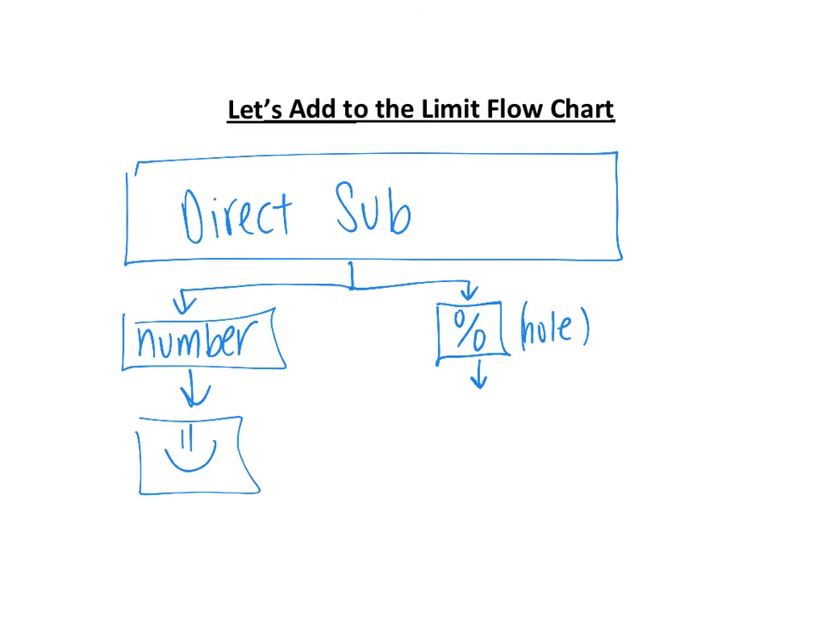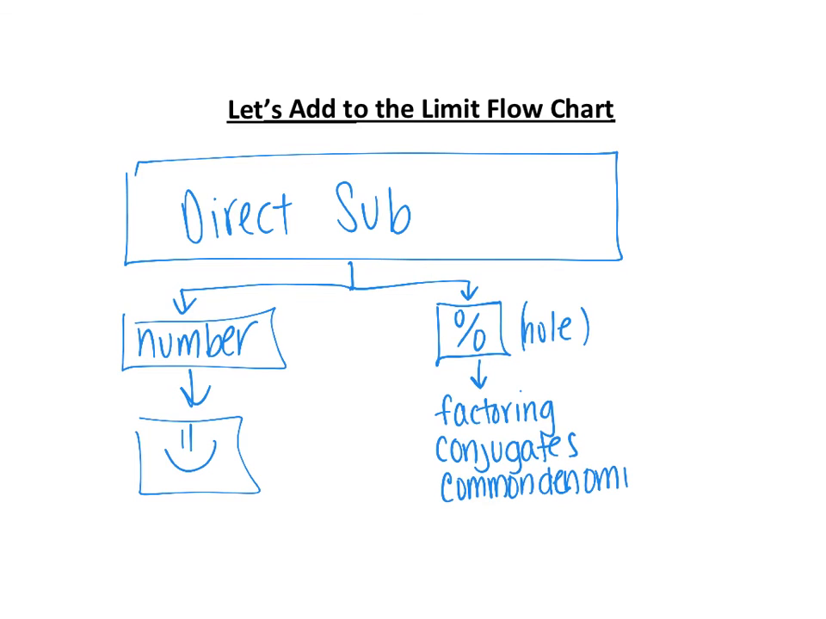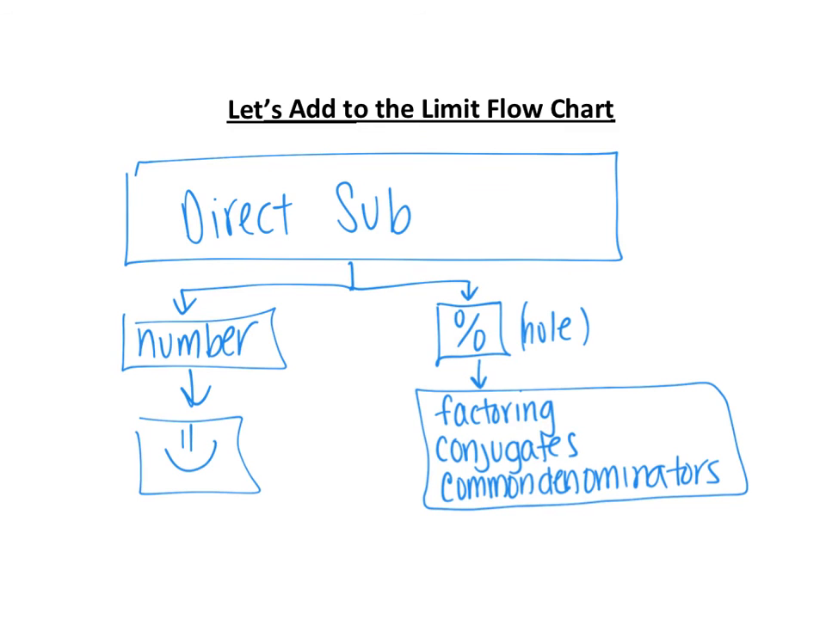The way to get rid of a hole, those three things that we've talked about the past few days are factoring, conjugates, and now common denominators. So when you have a hole, you have to decide whether I'm going to use factoring, conjugates, or common denominators. And then the last thing that you want to do is try again. And when you try again, you should be finished because you should get a nice, pretty answer. Sorry, that's a smiley face. But that's the idea